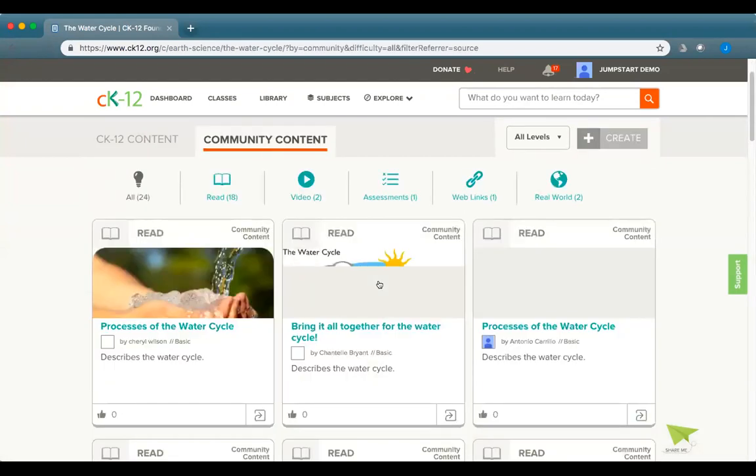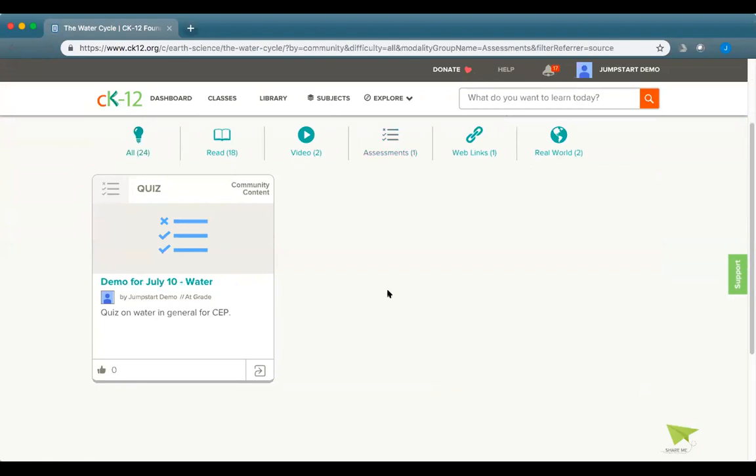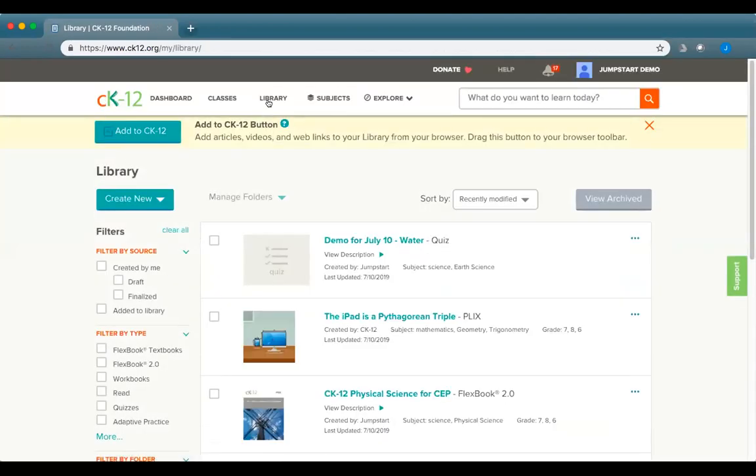But in this case, we're not necessarily seeing this is the one I just created. So it's still tied to that concept, but there's no way to publish the quiz in the same way. So really your best option for accessing anything that you've made is through your library and opening it that way. So with that, maybe we'll pause for a minute and see what questions have come up